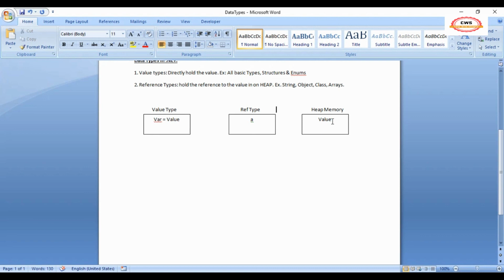It was pointing to heap memory where the value was 1. Then I created another array b and assigned a to b, so it also pointed to the heap memory having the value 1. I changed that to 2, so when we access a, as it's pointing to that same location, it will return 2. Okay, so I believe this part is clear.